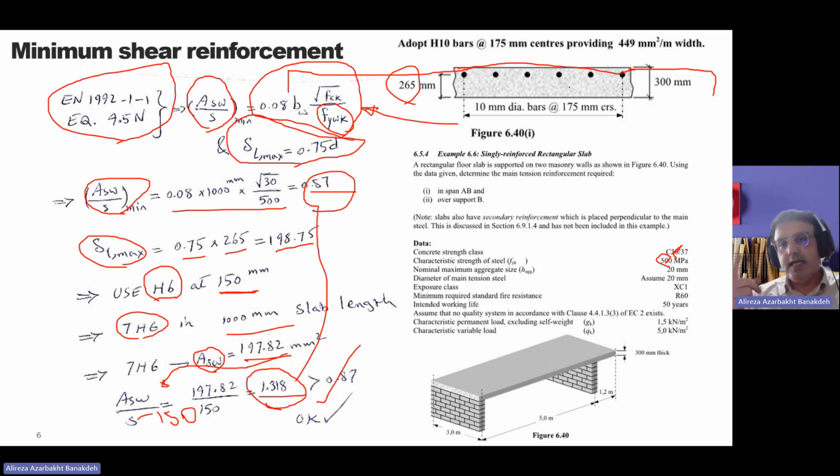We only have 1 layer at the top, perpendicular to the longitudinal reinforcement. All right. But there is another point to mention. Here we have 1 layer of shear reinforcement, and that's why when I'm calculating this area here, I'm just assuming 7